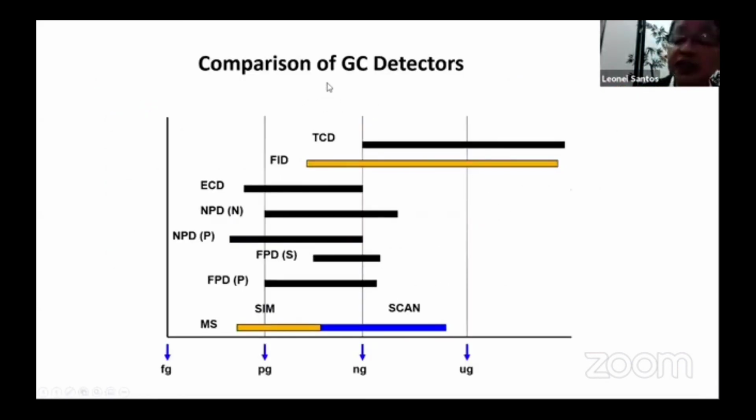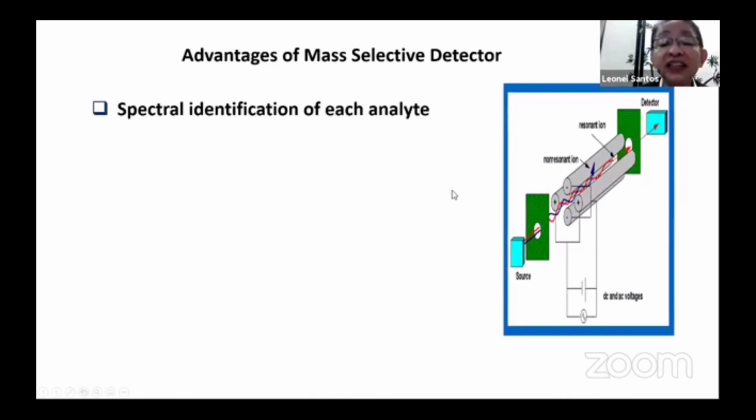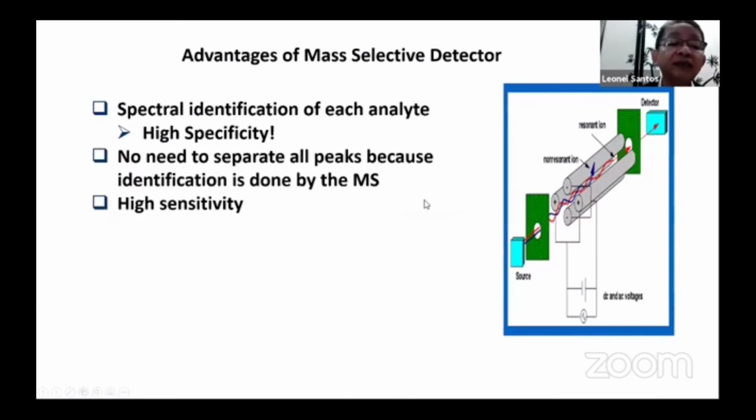In terms of the GC detector, the one typically used for residual solvents as described in the General Chapter 467 would be the FID, flame ionization detector. Shown here, it has a wider range, but a good one to use would be a mass selective detector. And I believe the Central Instrumentation Facility has this detector also, the mass selective detector. A mass selective detector for GC has several advantages. It has high specificity, and it is